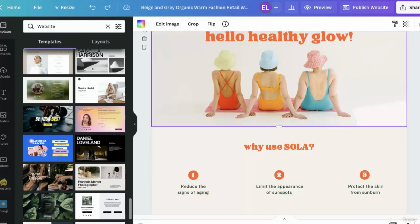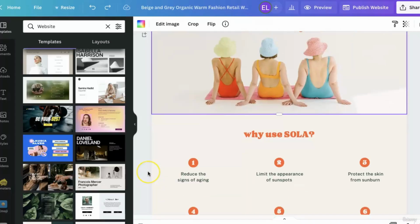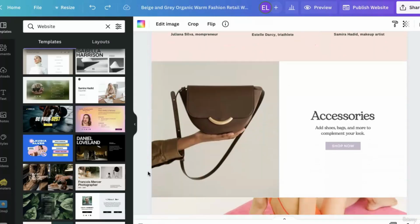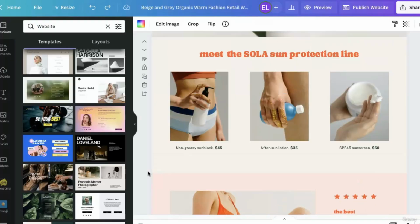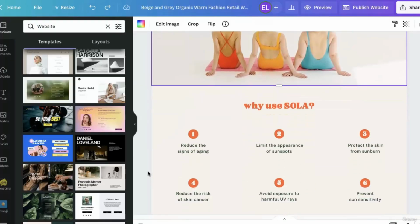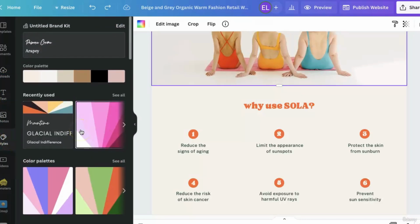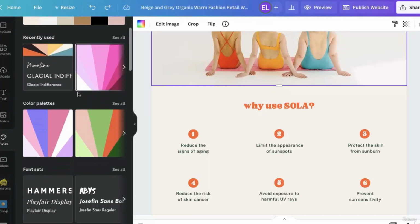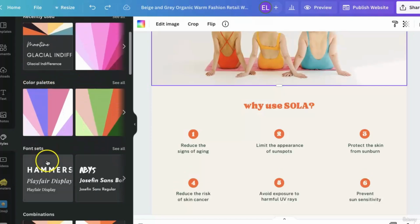Okay, so now we're going to say that we've gotten our template to where we want in terms of functionality. We have the basic pages put in, and it's time to start working on design. If you do not have a very established brand, or you just aren't feeling good about what you have so far, you want a little bit of inspiration, you can go over to this side where it's the black bar and click on Styles. Now, at the top, it will tell you what your brand kit is if you have one and your own color palette,